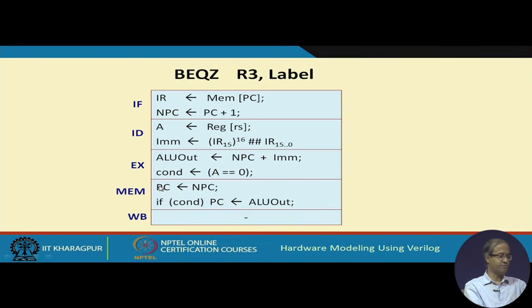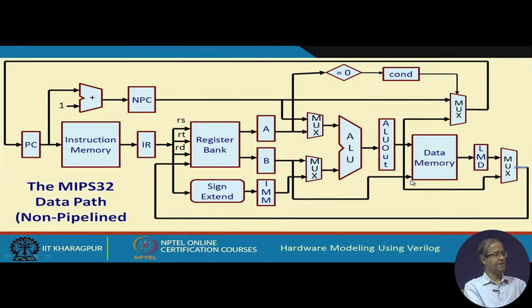NPC to PC is of course the first thing that you do, but you may have to override it. If cond, your ALU out goes to PC. So here you can also write it like this: if cond, PC equal to ALU out, else PC equal to NPC. In WB, again, there is nothing for branch. Now, you see, whatever we have talked about, just overall the data path can be very conveniently represented or